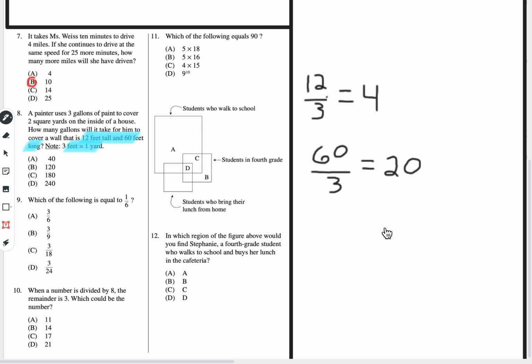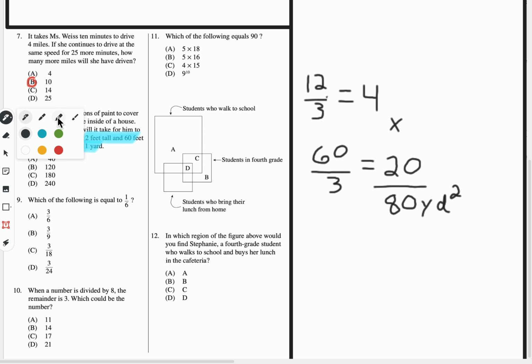Now we need to find the area of the wall. We can multiply 4 times 20 to get us 80 yards squared. Now, if the wall is 80 yards squared and 3 gallons of paint can cover 2 yards squared,